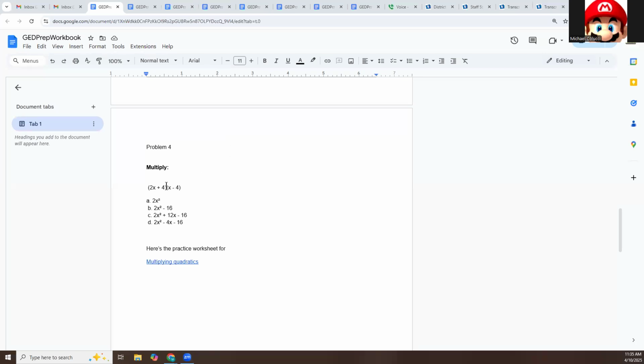Multiplying, these are called quadratics. I don't want to get too into what this represents visually, but I will tell you very briefly that this form of a math equation, when it looks like these guys, and this is what these are equivalent to, they form a parabola. So it might look like this when we graph them. So if I were to set this equal to y,